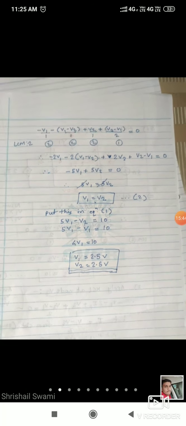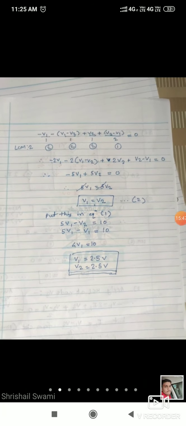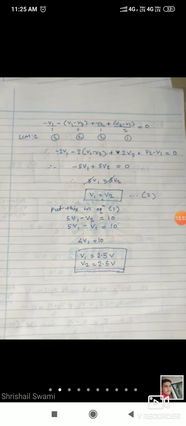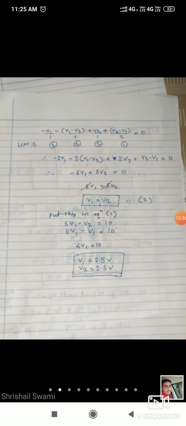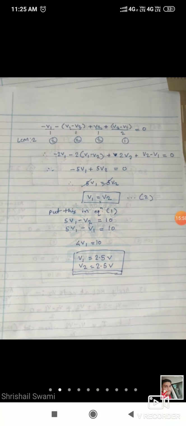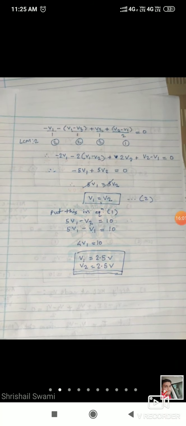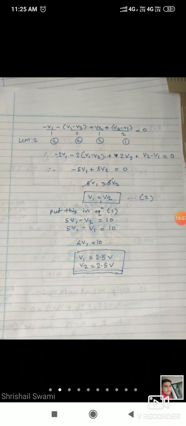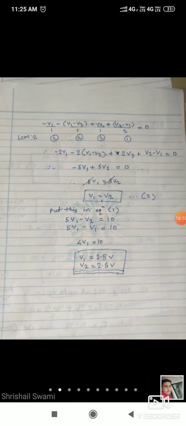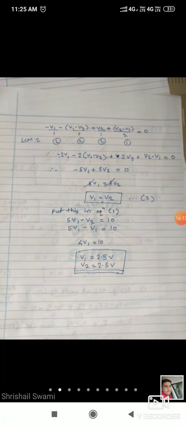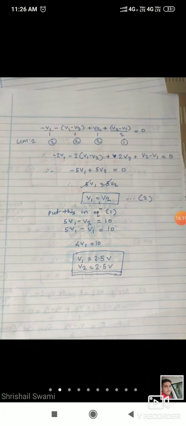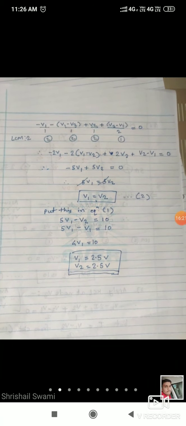I have solved this problem very systematically. If you are going through this problem, it looks very simple. But whenever you are solving the problems, it looks difficult. So always follow our method. If you're following the stepwise method, then there will not be any problem. So first observe the circuit carefully, think which method we can use. Once you are choosing that method, use step 1, step 2, step 3, step 4. According to that, you can solve. Then you will get the answer. There will not be any confusion if you are solving this problem according to the stepwise method.